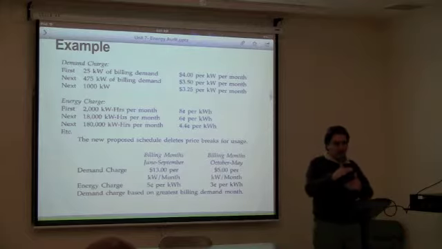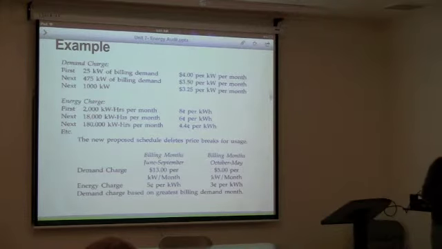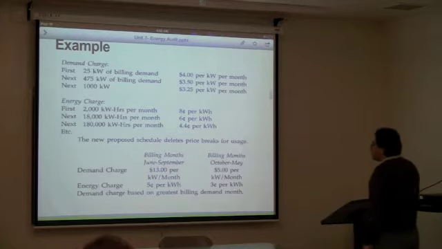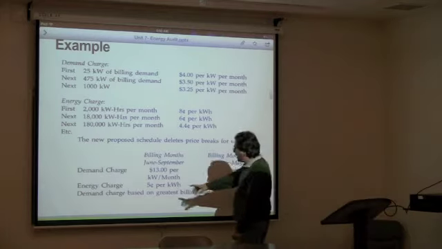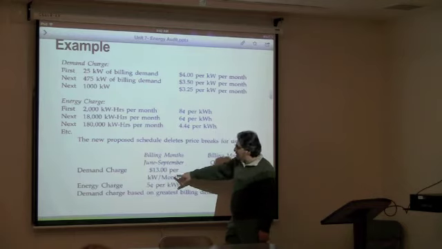When you look at your utility bill, even for residential, take a look when you go home tonight. All of these charts that are the standard charts apply to one of the customers. Either it is printed in the back of your utility bill or printed somewhere at the bottom. Right? It gives you all of the information. Then it tells you your usage. And when you do your usage, it has demand charges and it has a